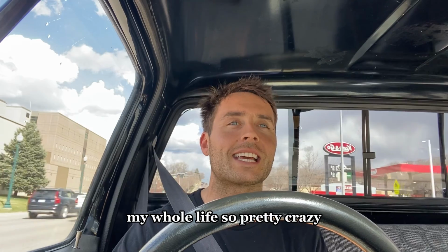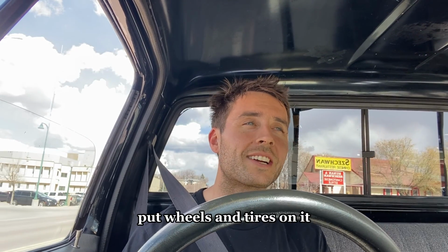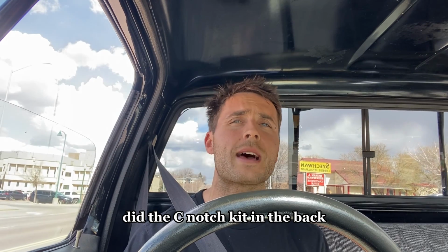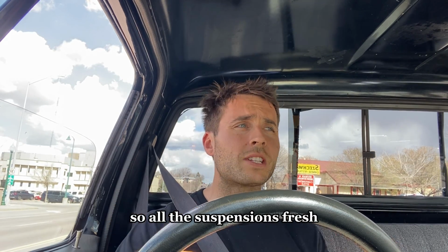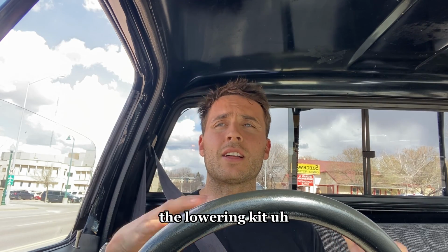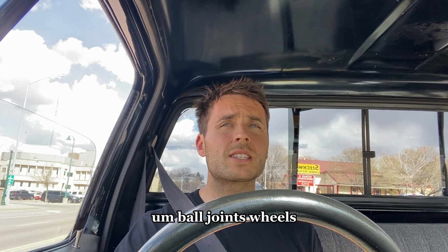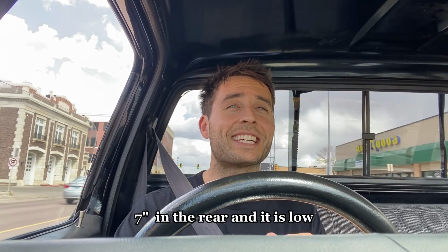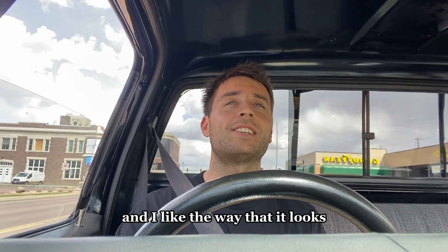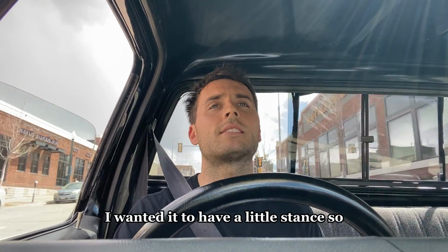So pretty crazy. I went ahead and lowered it, put wheels and tires on it, did the C-notch kit in the back, went pretty far with it. So all the suspension's fresh, the lowering kit, the springs, the shocks, ball joints, wheels, tires is all new. Overall, the drop was 5.5 in the front, 7 in the rear, and it is low, and I like the way that it looks. I didn't want it level, I wanted it to have a little stance, so